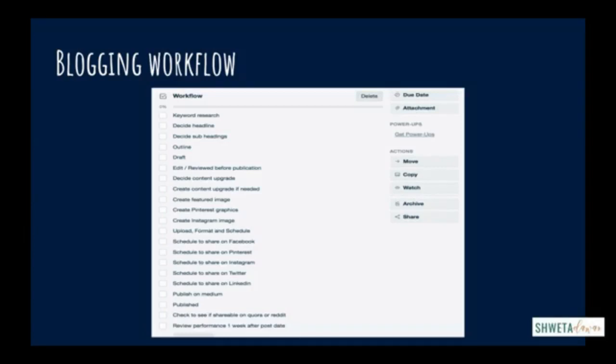The other thing that workflows help you with is, for example, you can see this workflow and you can see around the 10th, 11th step is create featured image, create Pinterest graphics. Now, I personally feel I'm not good at graphics. So if tomorrow I want to go ahead and outsource the graphic creating part in this process,